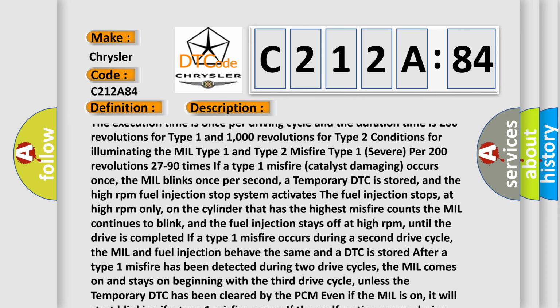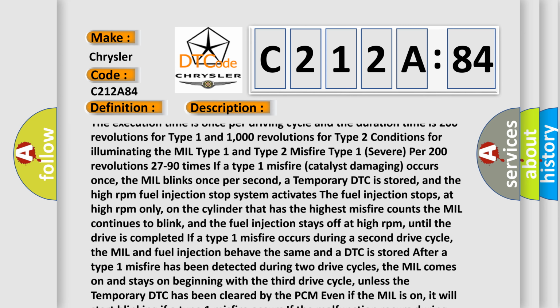Misfire Type 2, light: per 1000 revolutions 55 times. If a Type 2 misfire, emission-related but not severe enough to immediately damage the catalyst, recurs, a temporary DTC is stored, but the MIL does not come on or blink. If a Type 2 misfire occurs during a second drive cycle, the MIL comes on and stays on unless the temporary DTC has been cleared by the PCM. Note before you troubleshoot: